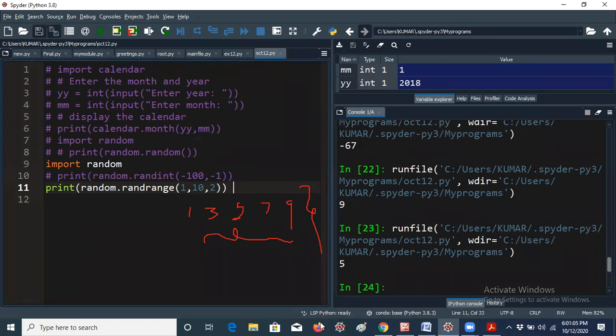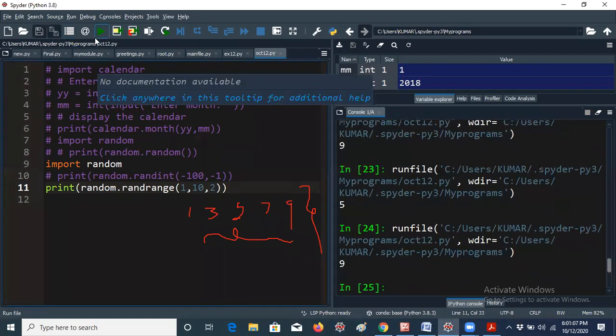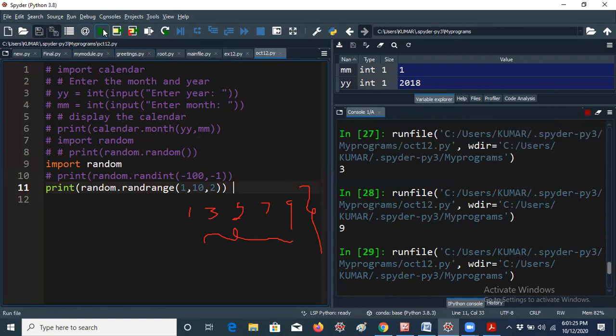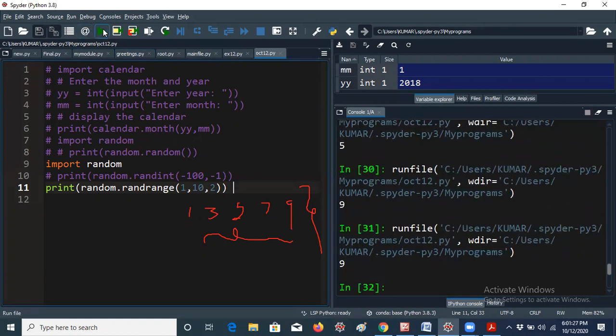The first time I am getting 5, second time I am getting 9, third time I am getting 1, again I am getting 9. Okay, so till now we did not get the 7, but of course it is getting 9 again. We may not know how it will come, but it is random, that's all. So 3, 9, every time it is getting 3, 9. What about 7, guys? So I will run. So every time it is getting like that only. Okay, 7 is there here. So like that it will come, guys. Okay, next.